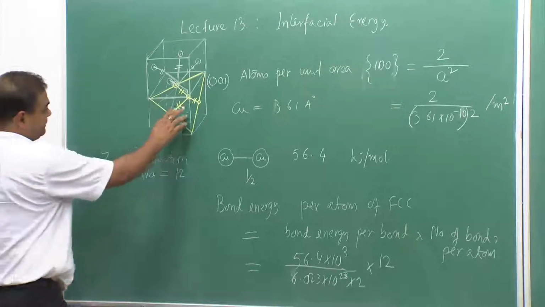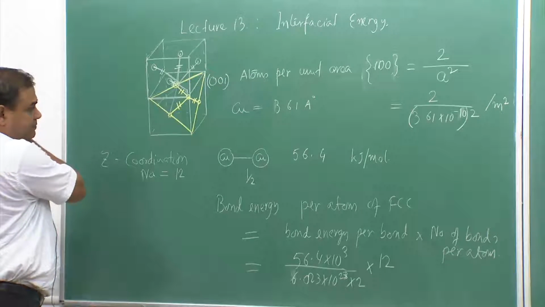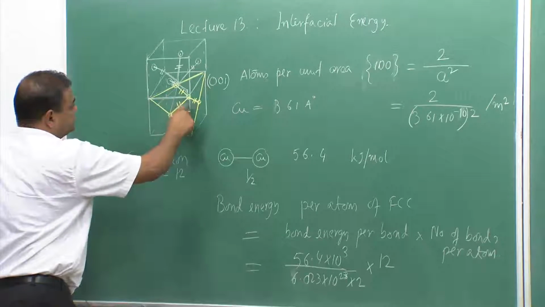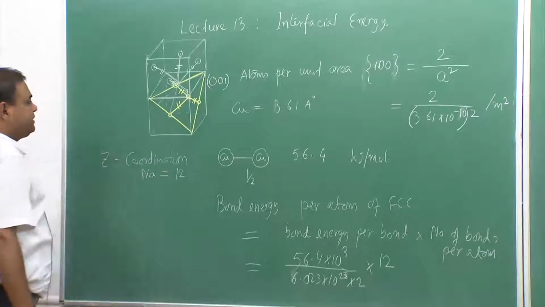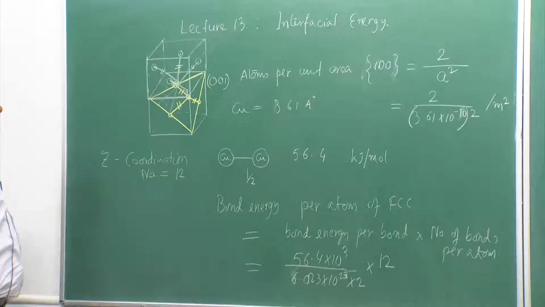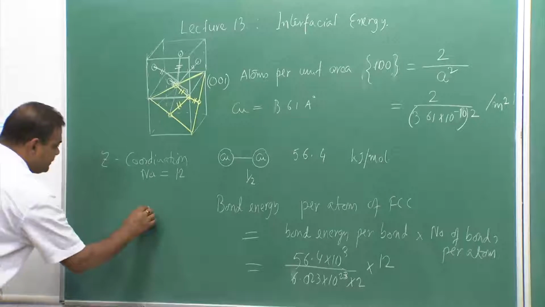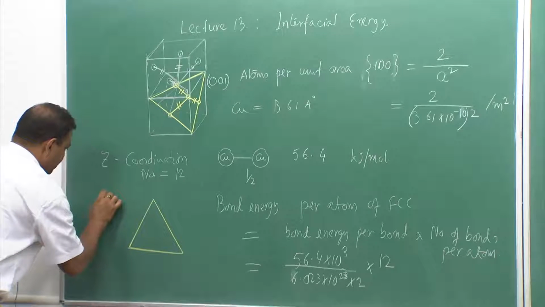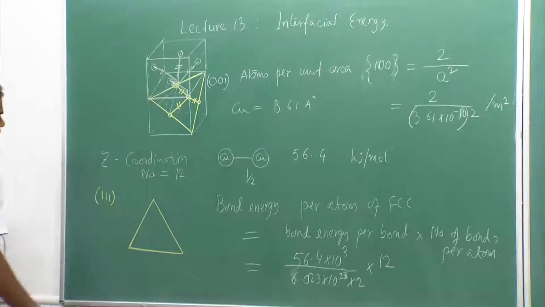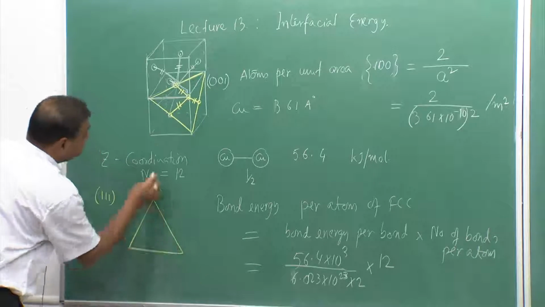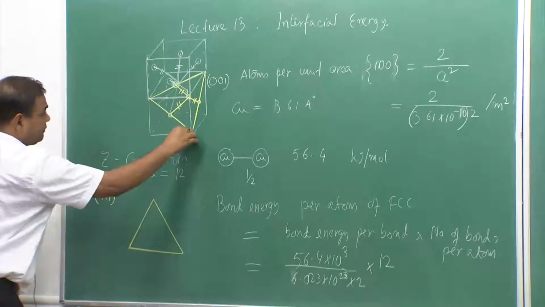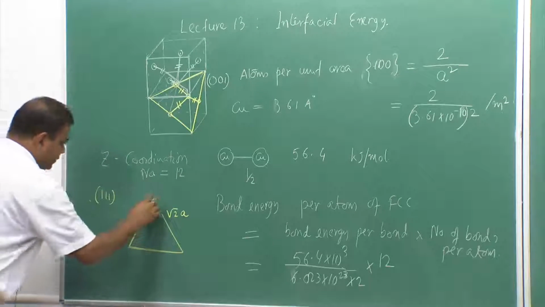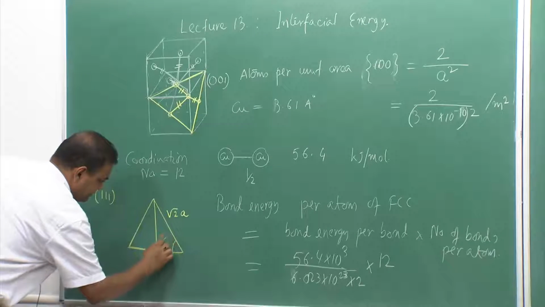Now, in this case, one thing is important. That is, you have to calculate the area of this particular plane and the number of atoms per plane. So, this time, if we consider the 111 plane, this particular length becomes, that means this is the diagonal of the face. So, this value becomes root 2a, and you would see that this is 60 degree,